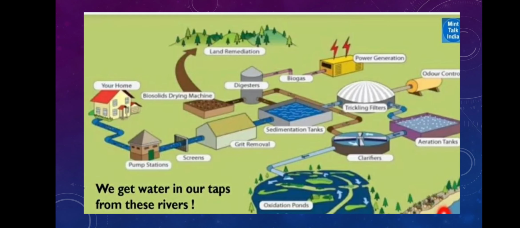So here is the picture, from river water to large chambers and tanks, making several filtering processes, and then it is supplied to our houses in different ways. You can see the picture on the screen. The river or pond water goes through different filtration processes, and through these we can make the water fit for drinking. And we can supply that water to our locality, the village or the city, in this way.